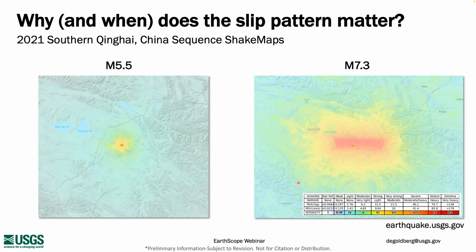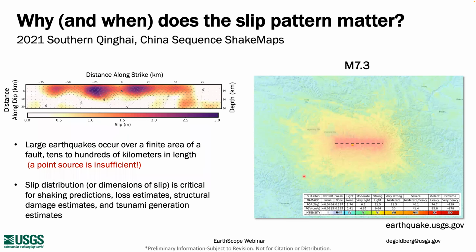But for this magnitude 7.3 earthquake on the right, we have a very different pattern where you have shaking that is most intense, not only at the epicenter, but in this elongate east to west pattern that extends in both directions from the epicenter. And basically that follows the fault length of this earthquake. So in short, shaking is related to the distance from the fault rather than distance from the initiation point of rupture, the hypocenter.